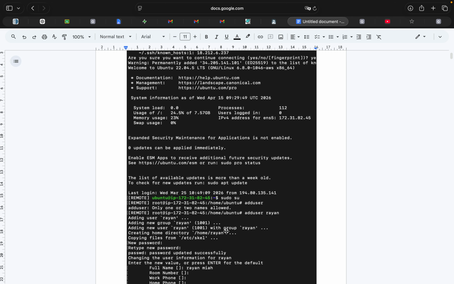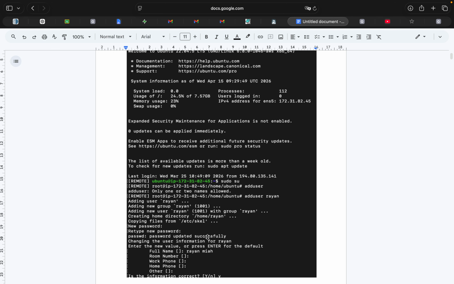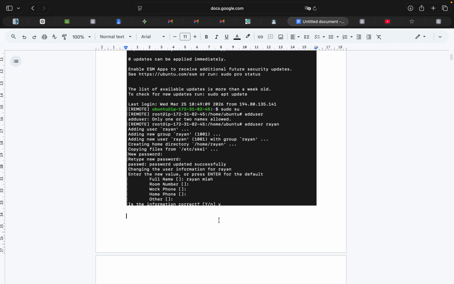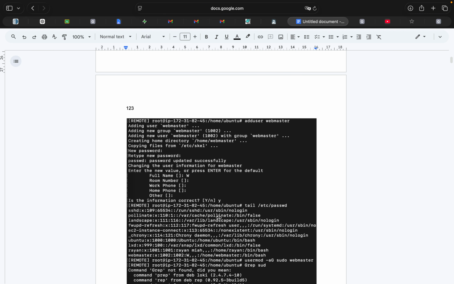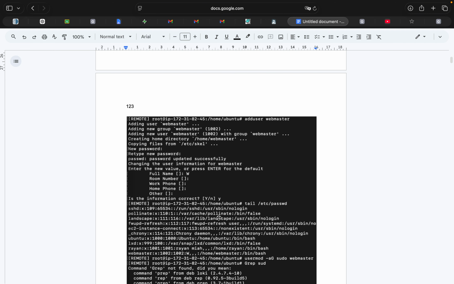Right at the bottom, where I added user Rayan, this covers the first requirement: setting up a unique account with its own UID, which keeps everyone's files and permissions separate right from the start. And as we go to screenshot 2, moving on,